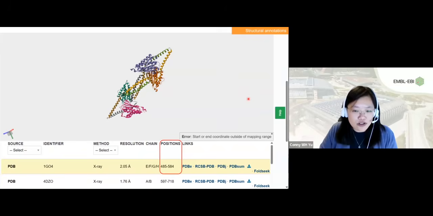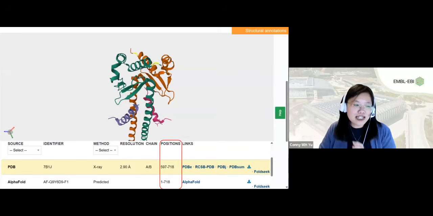But make sure you have picked the right structure. Some structures may not contain the residue of interest. For example, I picked 716 and it's not included in this highlighted structure. So instead, you'll actually see an error message on screen saying it's out of range. But if I select a different structure that contains threonine 716,